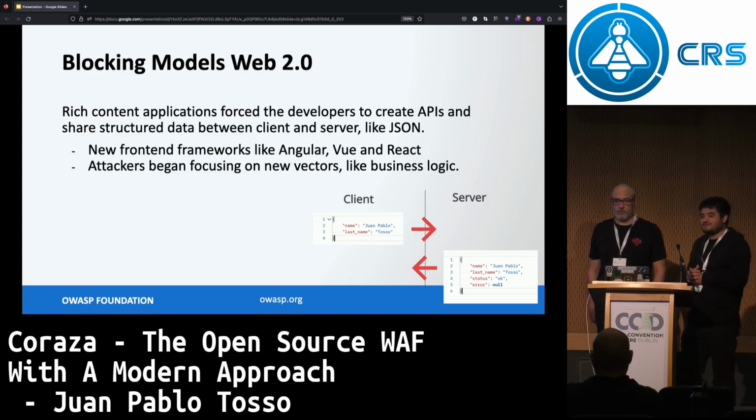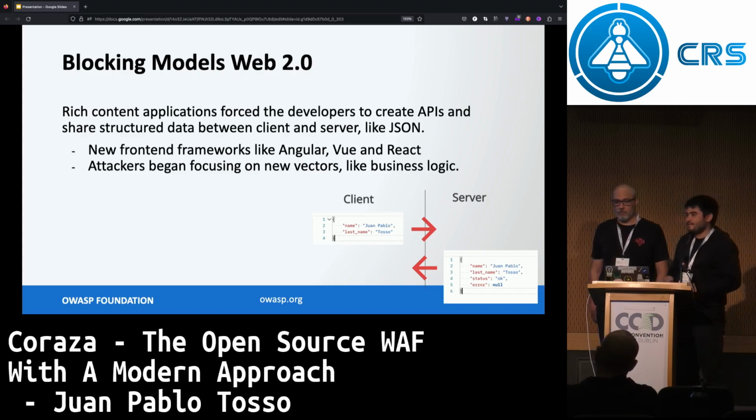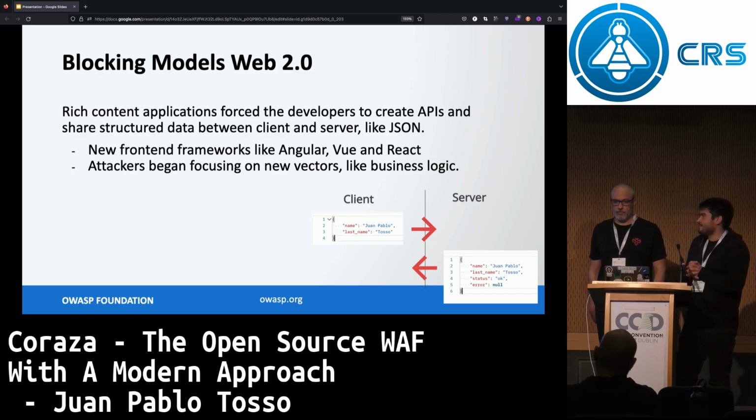Regarding blocking models of the Web 2.0, rich content provided data structures like JSON, but vulnerabilities were a bit different because, for example, cross-site scripting will now be sometimes blocked by frameworks like Angular or Vue, and attackers had to focus on something different.